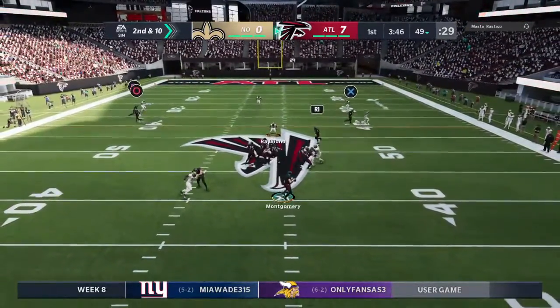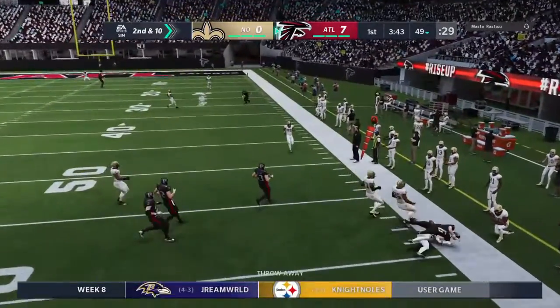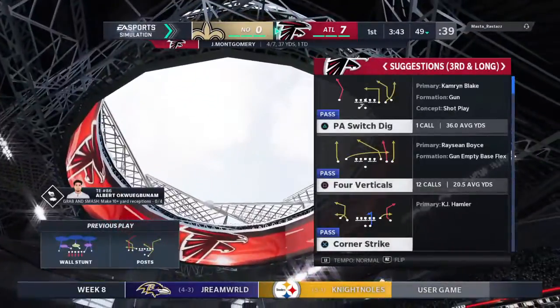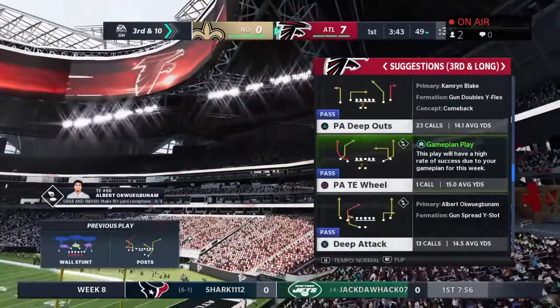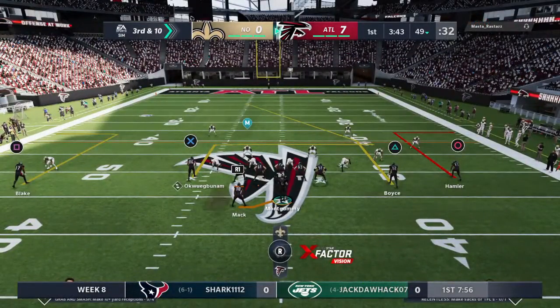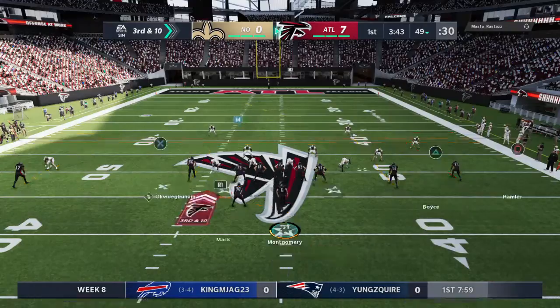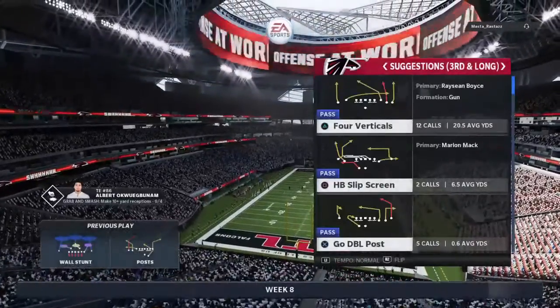To throw again, Montgomery. Flushed out right. And he's just going to get rid of this thing. To no one here. He throws it away. And now it's third. They have to like what they've done defensively here at the outset of this drive. They forced a couple of incomplete passes, bring up a 3rd and 10. Don't be surprised to bring a little pressure on this snap. And now maybe they want...